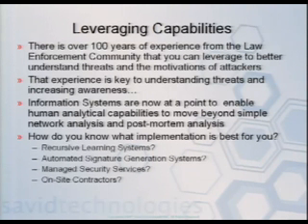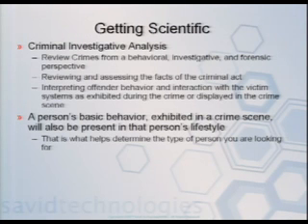So now that information systems are at a point where all the heavy lifting is done by your automated systems, your security systems, it leaves you time to do the heavy thinking, right? Well, you can implement that a little bit better with recursive learning, whether it be AI, automatic signature generation, managed security services groups, and on-site contractors, right? So there's different ways that you can build up in certain areas to take all the leverage. Instead of worrying about all the logs, you can filter it all with different tools that are commercially available.